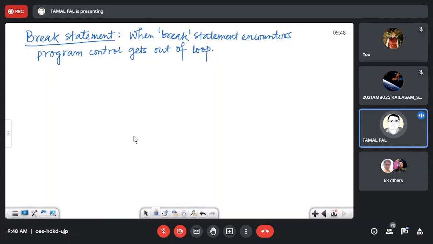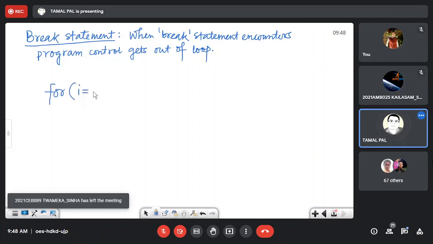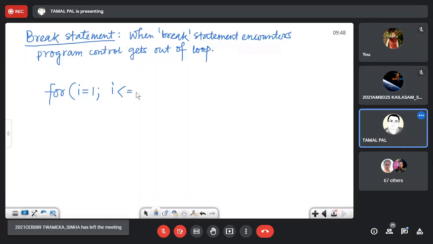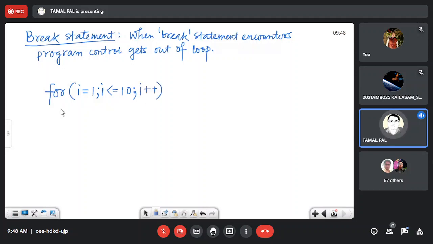Now, what does it mean? Let us examine one example. It will be clear for us. I'm using the same example.